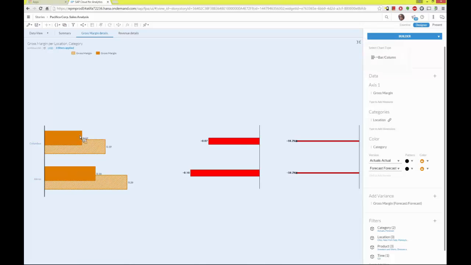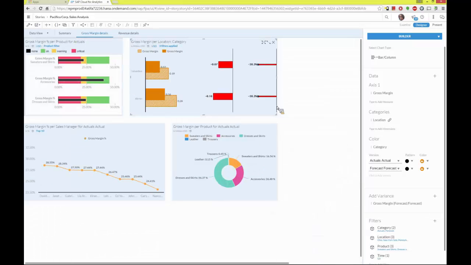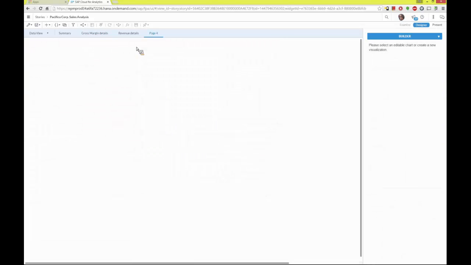And it looks like the two cities that we're selling our product in, Columbus and Akron, they're actually doing equally poorly. So we may want to create some additional visualizations to get a different look at the data, to give us some different perspectives on what's going on. So I have the power as this user now to create a new page in this story.